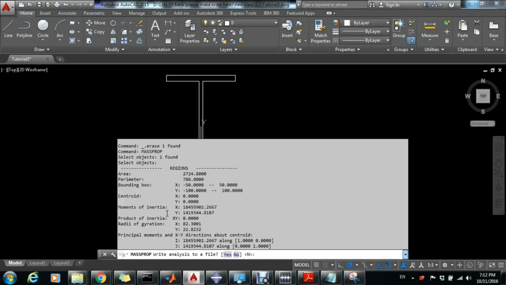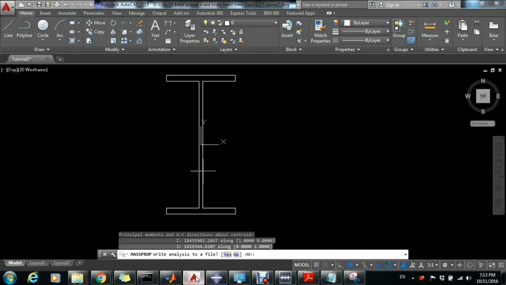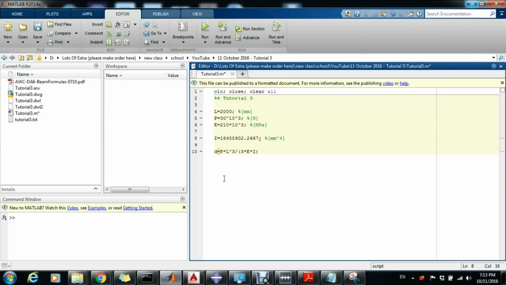And you see here the moments of inertia on x and y are equal to the moments of inertia on the principal directions. Here is equal to here, and this is what we will use. Not before telling you that I will show you in another video how to compute the moment of inertia and the coordinates of the centroid for any section analytically. But now we just copy this value for the moment of inertia on x, and we go back to Matlab and paste it here. Right. So now we have the moment of inertia, and we can compute the displacement